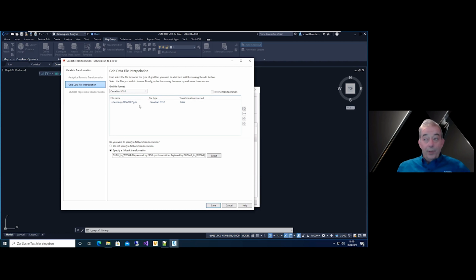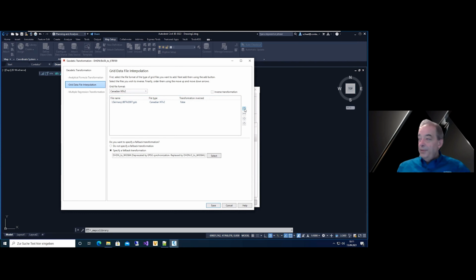The next step is important, and you have to do it before you try to add the new file. You have to define the file format. In this case, we selected Canadian NTv2. It is important that at this point you select the extension, the possible extensions for the files to add.